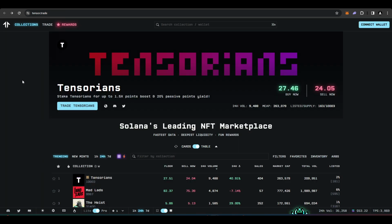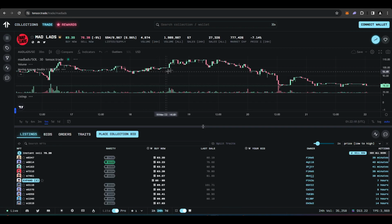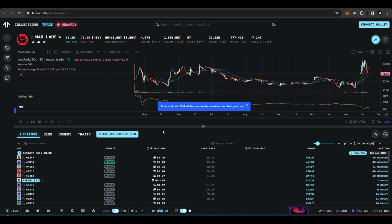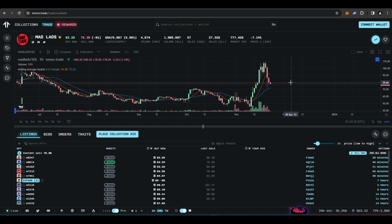And the last airdrop I wanted to talk about today is Tensor Trade. So Tensor is basically Blur for Solana. So you're able to trade NFTs here. It's probably the best NFT marketplace on Solana right now. So it aggregates all of the different NFT marketplaces on Solana. So this is the pro mode, so you can chart NFTs, and you're able to do some interesting things as well, like sweep the floor or buy all of the NFTs within a certain price range, that sort of thing. So if that's something that you're interested in and you really like Solana NFTs, then go ahead and